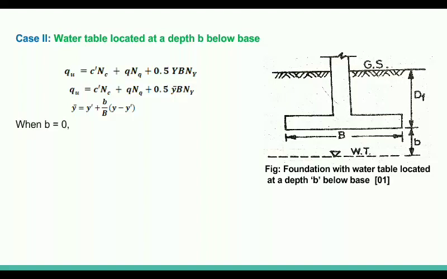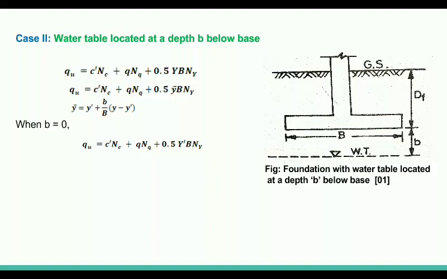When we take b equal to 0, it becomes the previous case when the water table is at the base of the footing. So by putting the value of b equal to 0, gamma bar will be equal to gamma dash, the submerged unit weight. So when the water table is at the base of the footing,